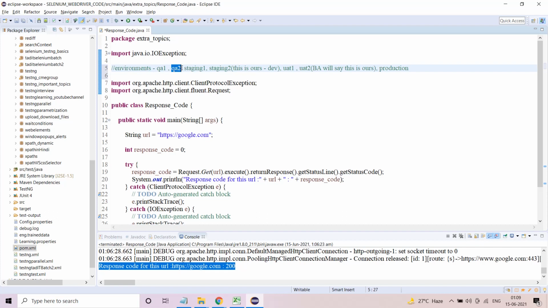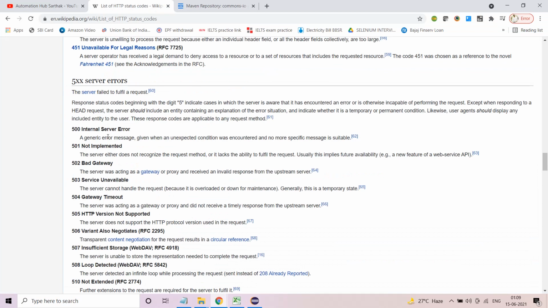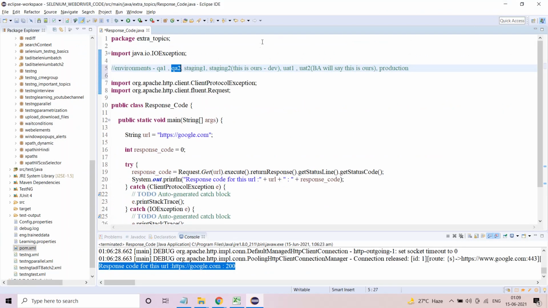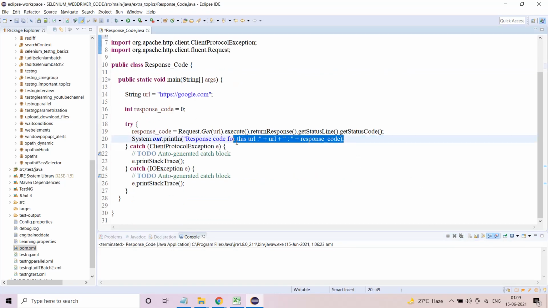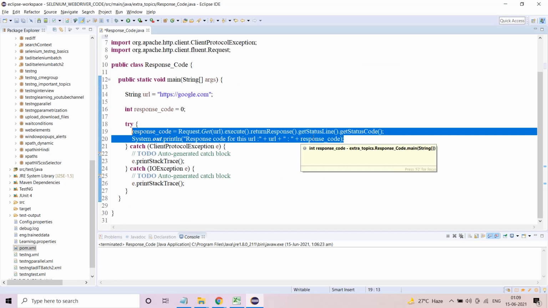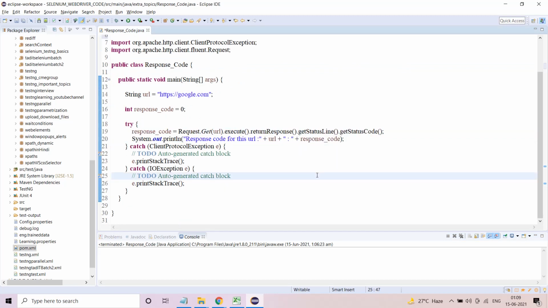But then all of a sudden you encounter a response code which is 500 or some gateway error. So you will say, can I switch to QA1, because we are getting this kind of error, we are getting internal server error, we are getting 500 error. So then the architect will say, okay, go ahead and do it with QA1. So these are real-time scenarios, real-time events, where this small piece of code will actually work to prove your case. Even though this is small, this is important.